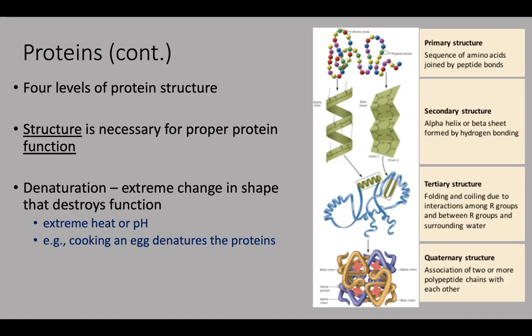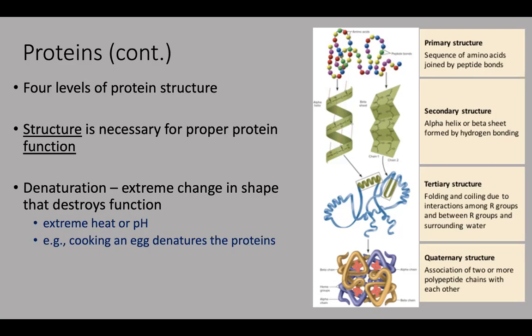So I want you to be familiar with each of the levels in general of protein structure here. Primary structure being that simple amino acid chain up here. Secondary structure, there's a couple different options. You don't need to know the names for those, but secondary structure is where there's bonding between the amino acids that aren't already bonded in the chain. So it starts to fold over on itself a little bit in secondary structure. Tertiary structure, there's further folding and coiling. So it's just becoming more and more folded on itself as you move along this trajectory of protein structure.